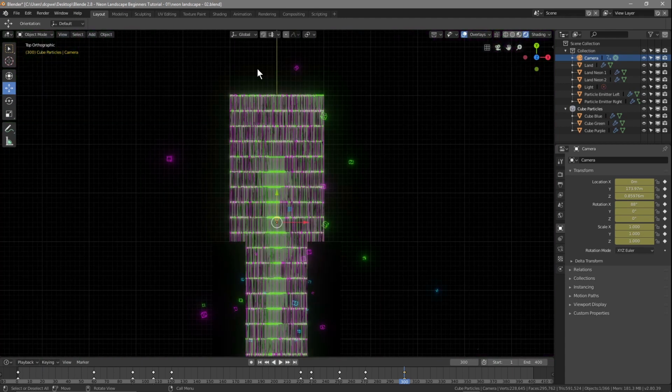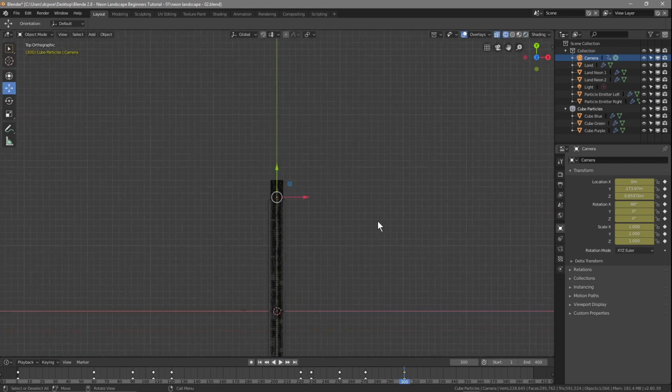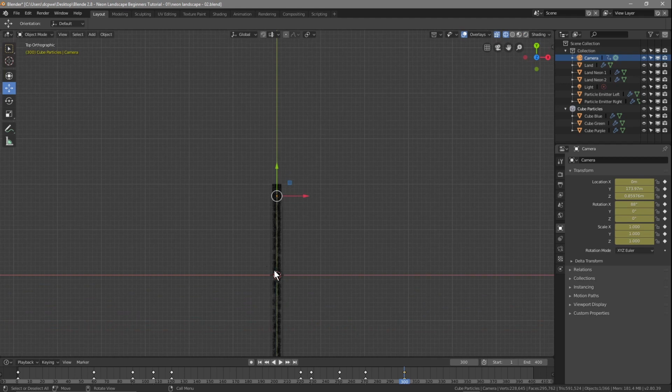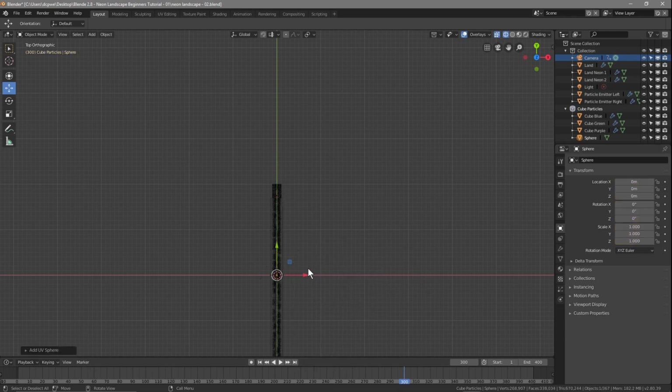That takes us to the top view, and let's zoom out a little bit here. We'll go into wireframe mode. This is the camera right here, right? This is our center point here. So we'll press Shift A, and we're going to add a UV sphere, and we're going to drag that UV sphere to right behind here. Then in fact what we'll do is press N on our keyboard,